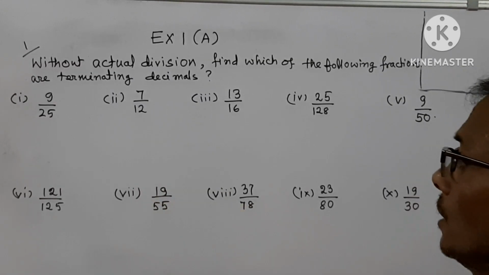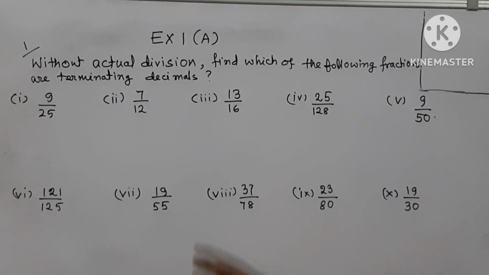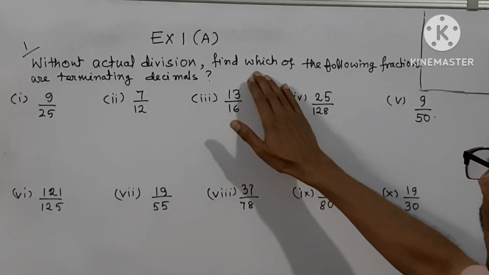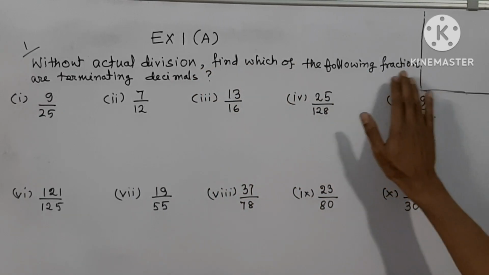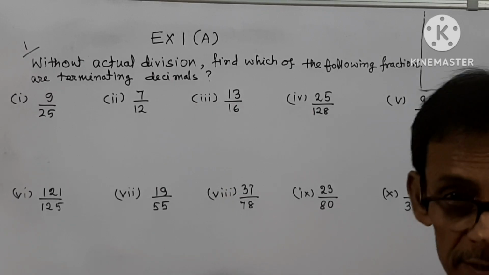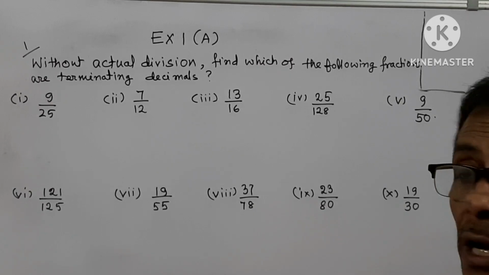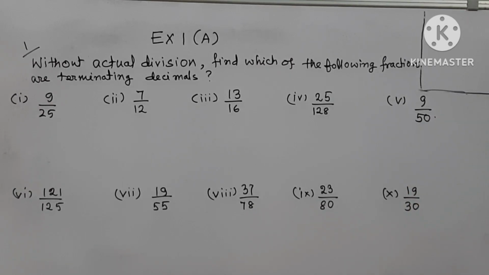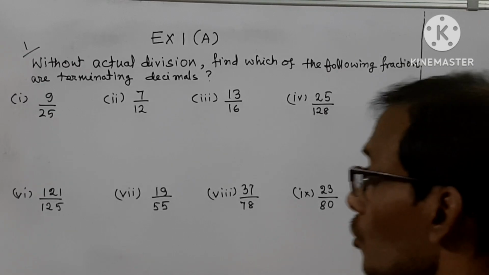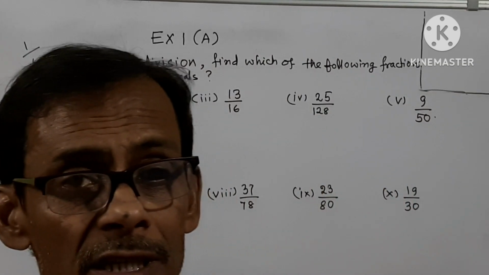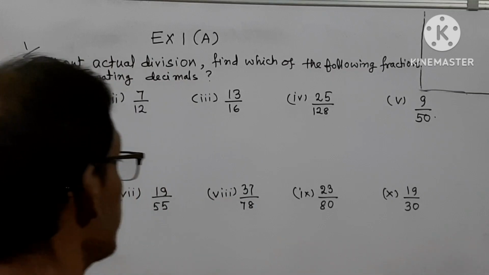So first question goes like this. Without actual division, find which of the following fractions are terminating decimals. So children, there are two types of decimals. One is terminating, the other is non-terminating. So terminating and non-terminating you will understand if I say